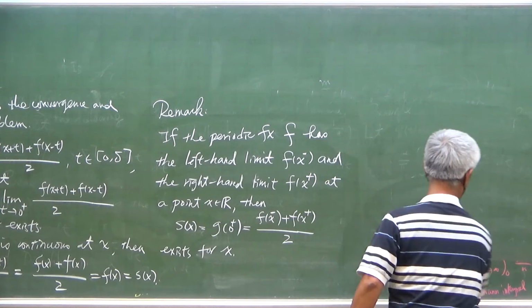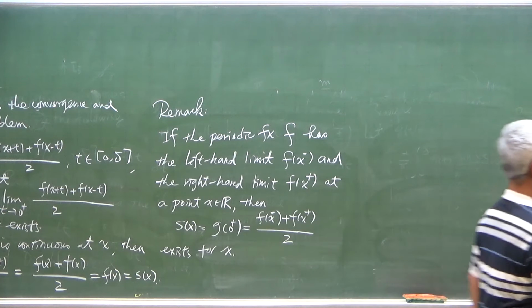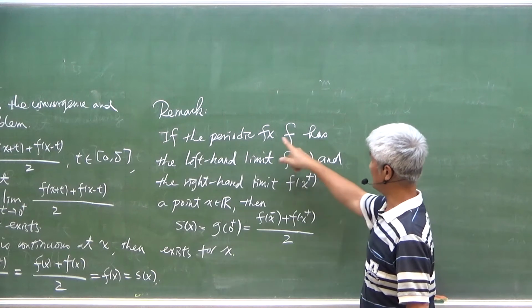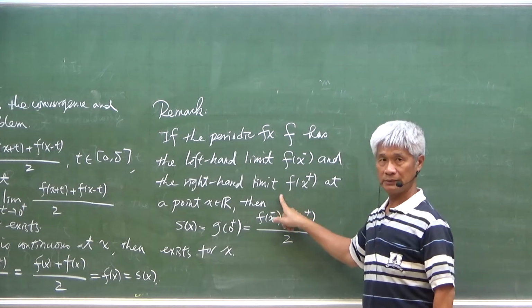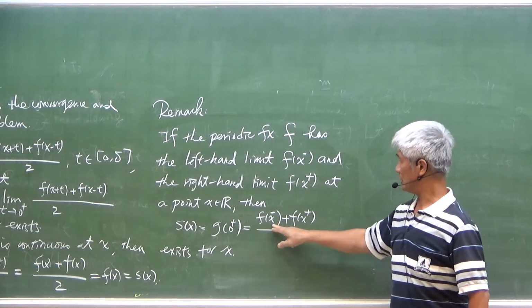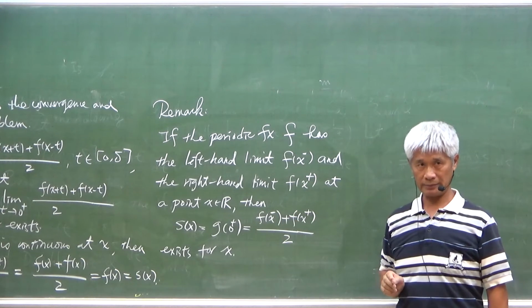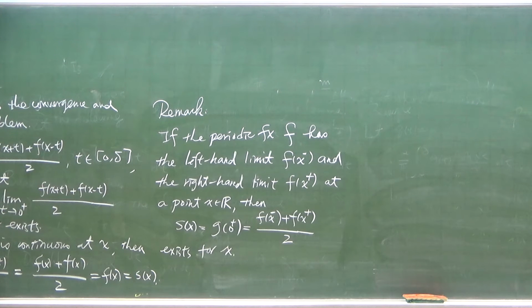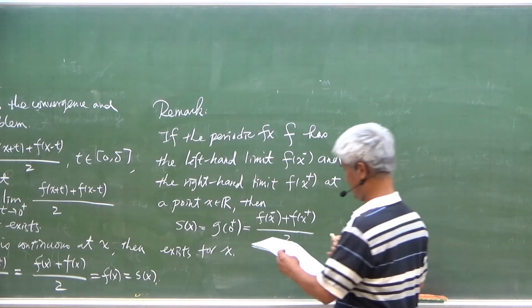So this answers the first part here: this quantity exists. If we know the periodic function has the left-hand limit and the right-hand limit, then this is true, and it is just the average of the left-hand limit and the right-hand limit at x. What convenient condition guarantees the statement here? Well,